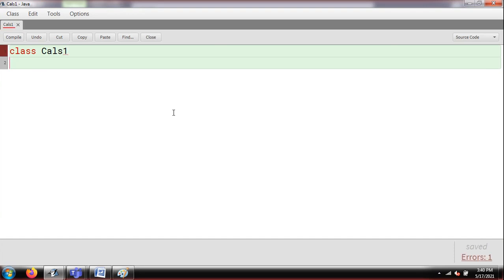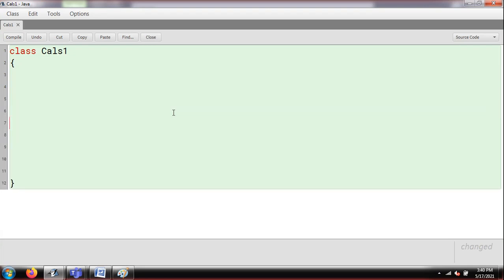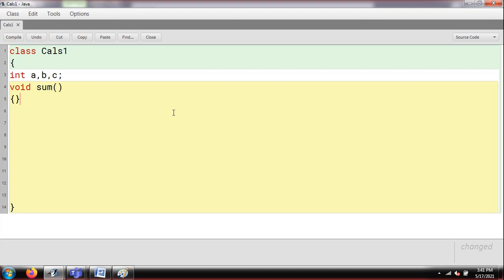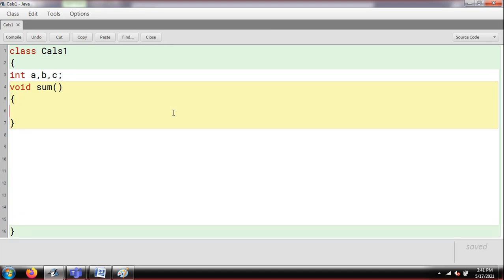I'm coming to my next line, creating a space. First of all, as in my paint editor, I'm going to declare 3 variables here, that is a, b, c. I'm coming to the next line, and I'm simply going to write void sum. While I'm writing void sum, I'm not going to pass any value. Why? Because I'm going to give values to a and b in this function itself. If you want, you can use a scanner also. I'm just giving values without using a scanner.